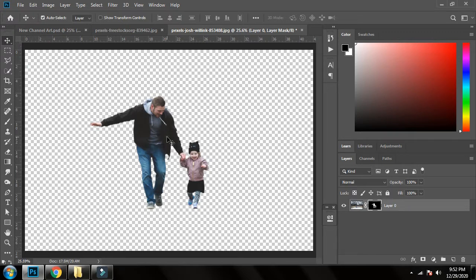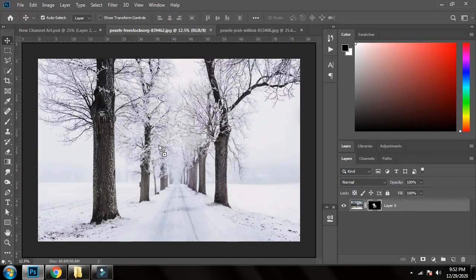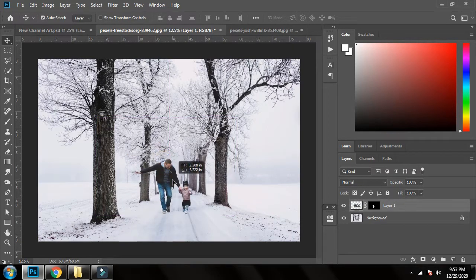and now I will place it into the image of snowfall. I will drag it and drop it here, and now I will adjust their size according to the image.